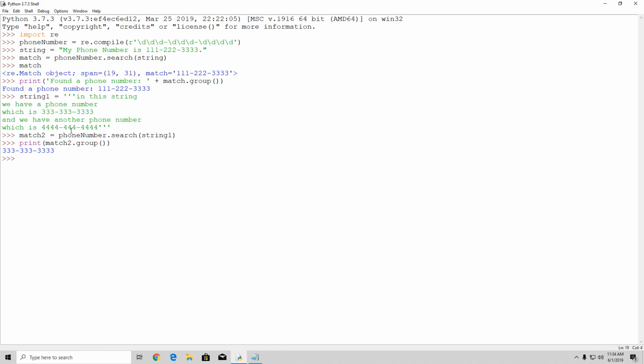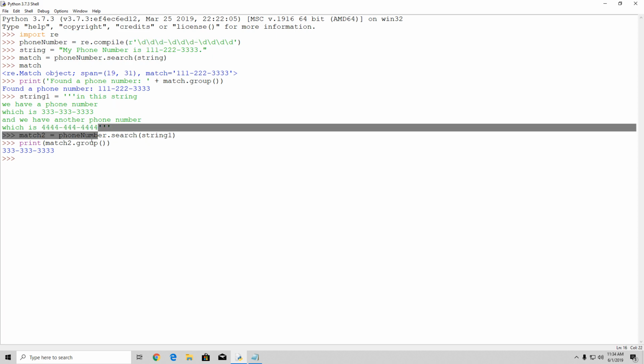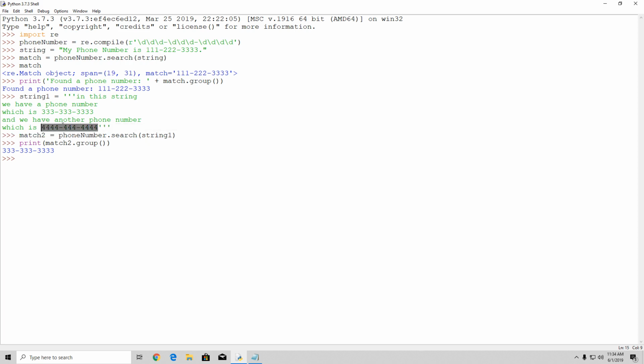Now, one more thing to take note of is that even if we actually specify this to be a correct syntax for a number, or to match this pattern up here, this will still not find this second phone number. That is because we are using the search function, which will only find the first match it finds. Basically, if there are multiple matches, the search function will not find them. And we're going to take a look at how we can actually find all of the matches in a string